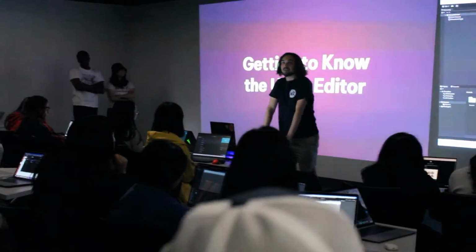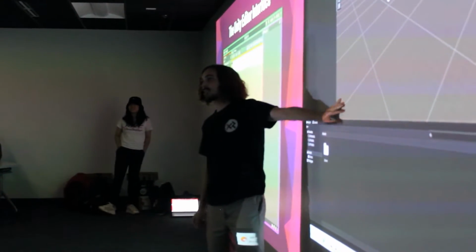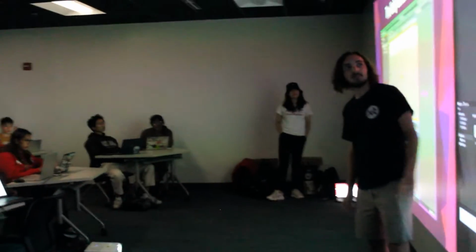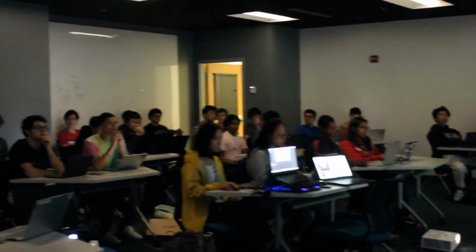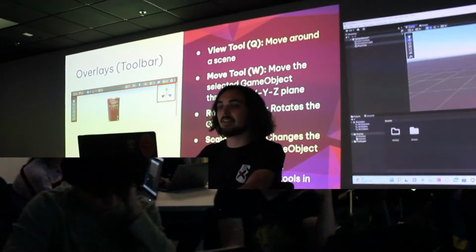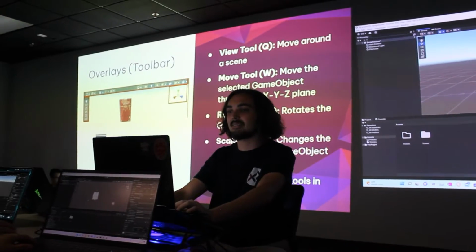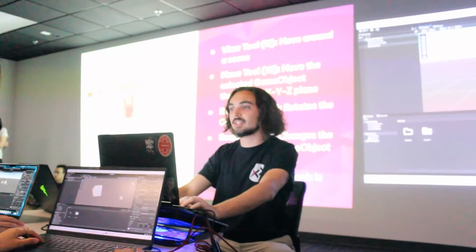Start by getting to know your editor and our scene view, which shows a three-dimensional view of the scene, with all the 3D objects currently in our scene. Here is a representation of our camera, and here's a representation of our light. I wanted to notice in the inspector in the top right, all of these numbers are changing as I move